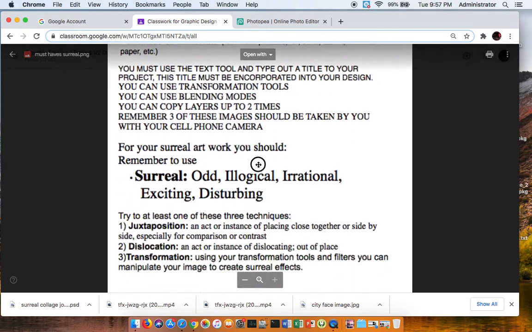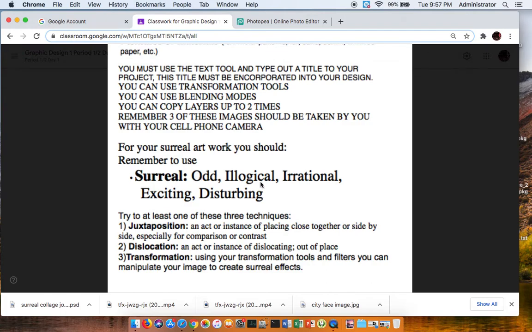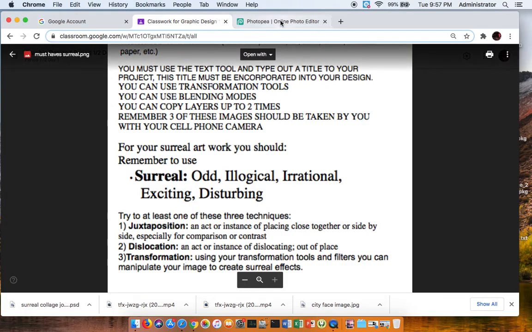And also please remember that you're trying to make this odd, illogical, irrational, exciting, disturbing, and use some of those three examples we talked about in the PowerPoint: juxtaposition, dislocation, transformation. So we're going to get started with the project now. You can always go back to this video and rewind, fast forward, pause, whatever you need to do to remember